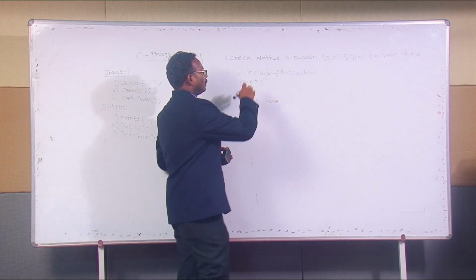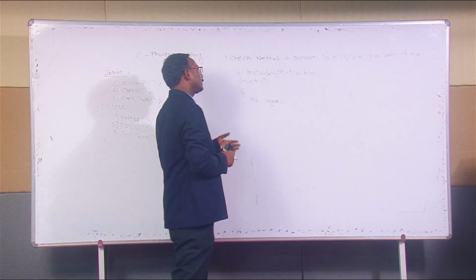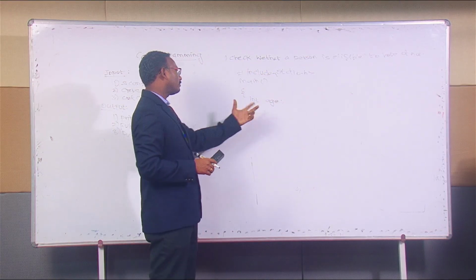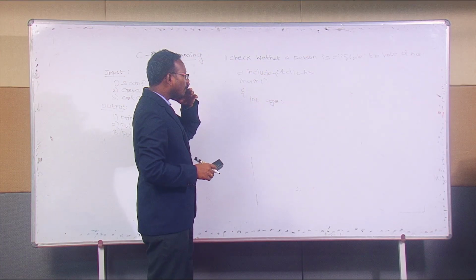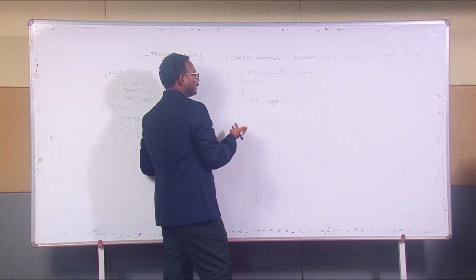So here I need to check whether the person is eligible to vote or not. So I took only one input, that should be age. So age should be a number, so I assign the data type as integer. Okay, and then next